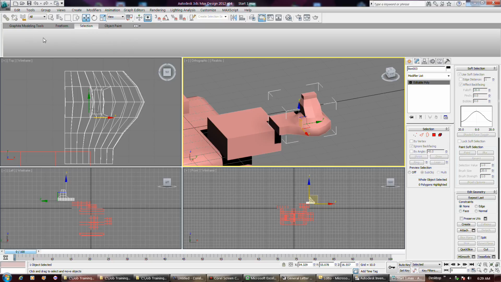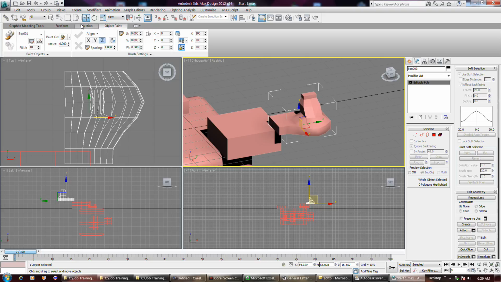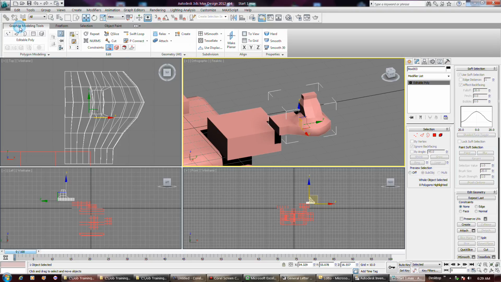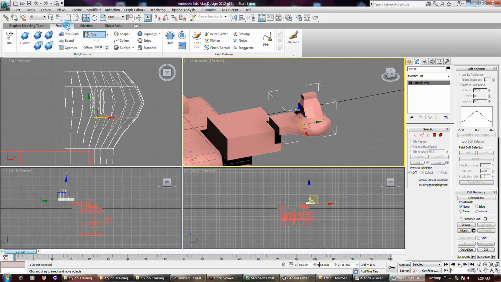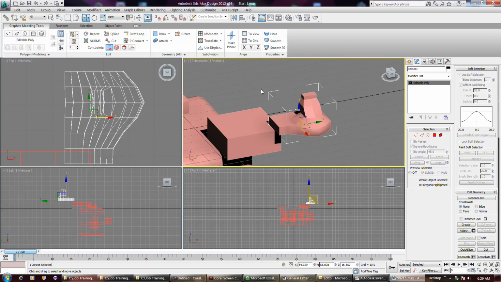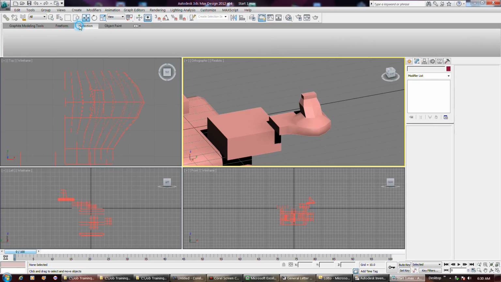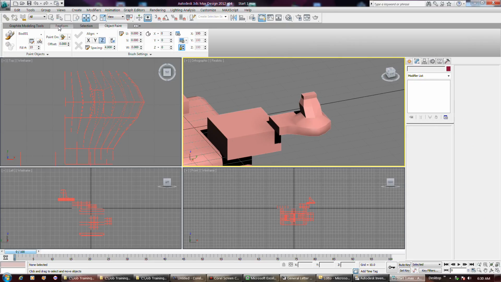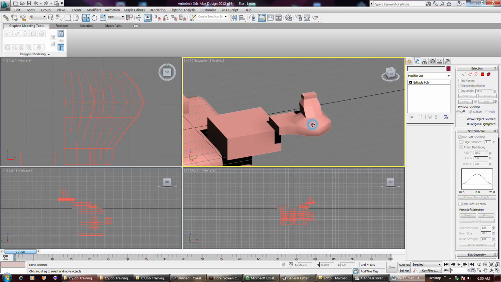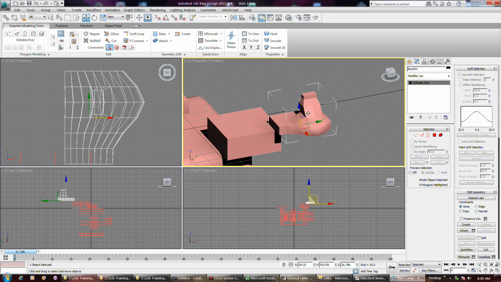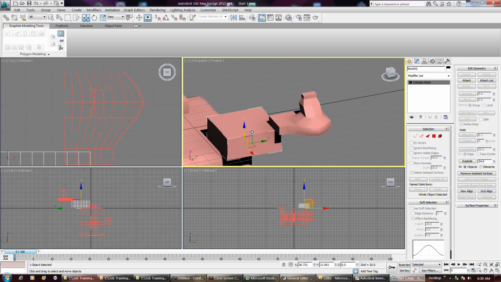The other thing I found interesting is these ribbon bars are context sensitive, as it turns out. You've got these defaults up here, which I don't know what they do by default, but if you don't have anything selected, there's almost nothing here. But when I select it, like this, this is an editable polygon. This is an editable mesh, by the way. I was checking out the difference between the two, and I'm not sure what the difference is, but